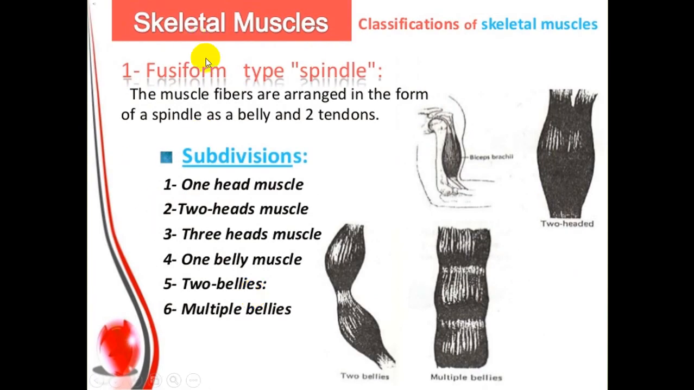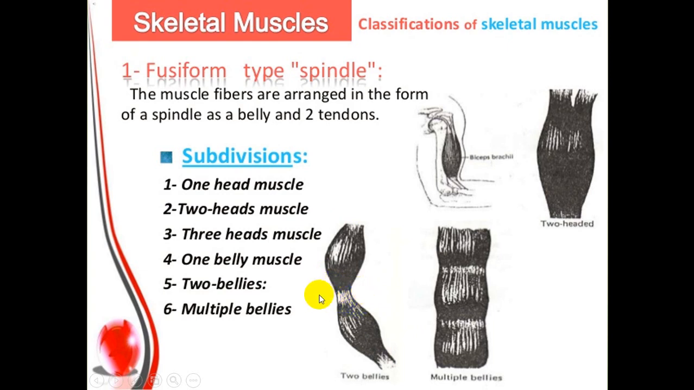The fusiform muscles are again subdivided into one-headed muscles, two-headed muscles, which are biceps, and three-headed muscles, which are triceps. Then they have one belly, and they can have two bellies or multiple bellies. The two-bellied muscle is the digastric, as we have discussed. The origin of the two bellies is separate, but in the middle they insert on a common tendon which hooks around